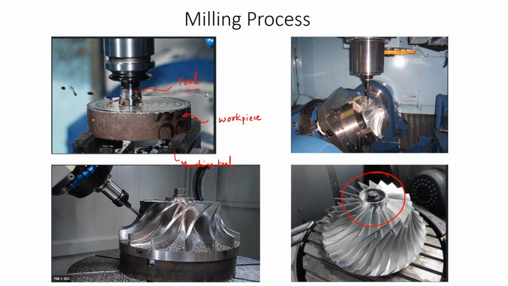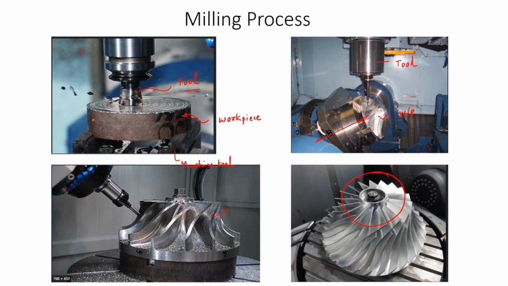So, you can see the tool and the workpiece. This is the tool and this is the workpiece. Here the workpiece is inclined, we are moving the workpiece with respect to the tool, or we may have a configuration where the tool is moving, and we are giving multiple degrees of freedom to the tool